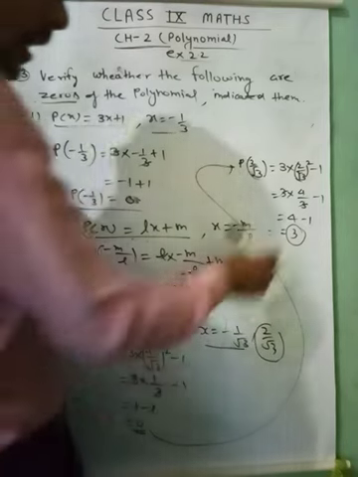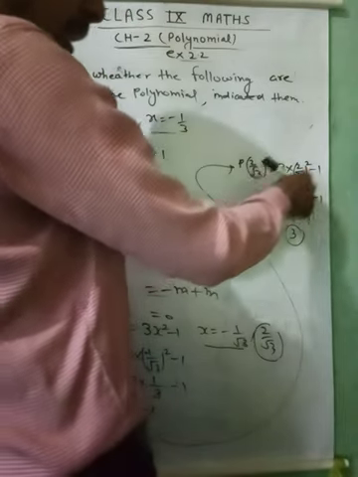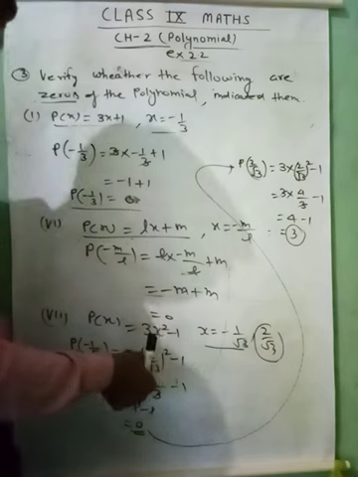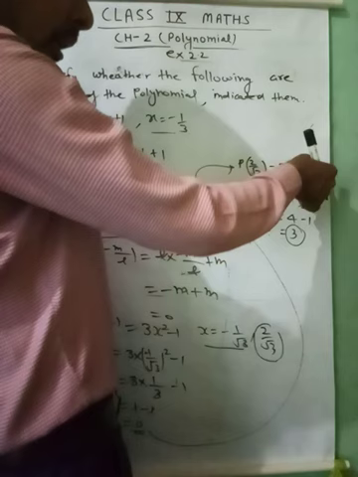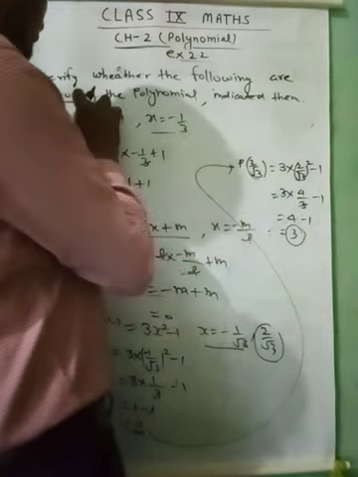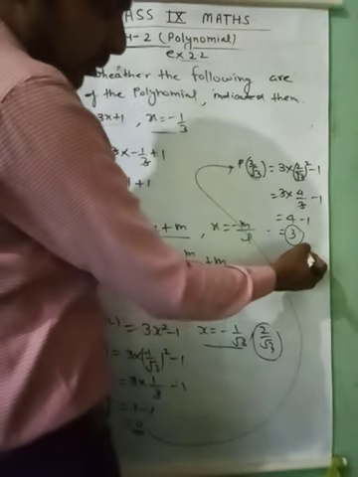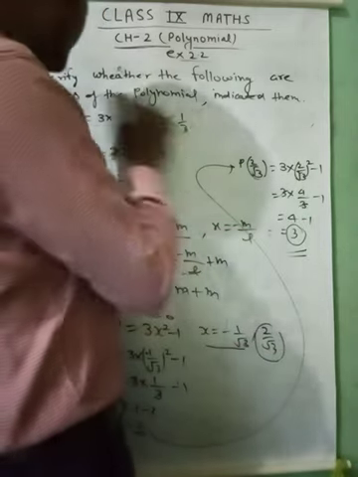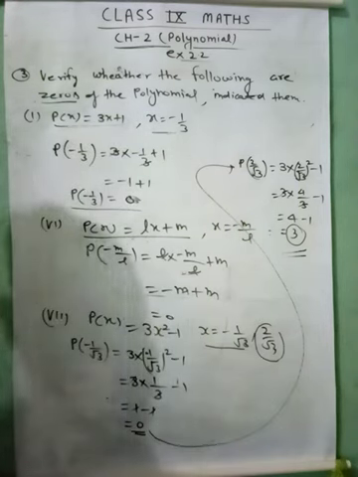Clear? अगर यहाँ पर 2 बाई रूट 3 हमने लिया, इसके जगह पे 1 बाई रूट 3 होता, जैसे हमने यहाँ पे 1 माइनस 1 बाई रूट 3 लिया था, अगर यहाँ पे 1 बाई रूट 3, क्वेश्चन में तो 1 बाई रूट 3 है, ठीक है, वो होता तो यहाँ पे जीरो आ जाता, तब ये भी इसका जीरोज होता, ठीक है। लेकिन इसकी दूसरी वैल्यू हमने ली है ताकि तुमको समझा सकें कि इसकी वैल्यू अगर जीरो के अलावा आता तो वो इसका जीरोस नहीं होगा। क्लियर? सो नेक्स्ट क्वेश्चन,